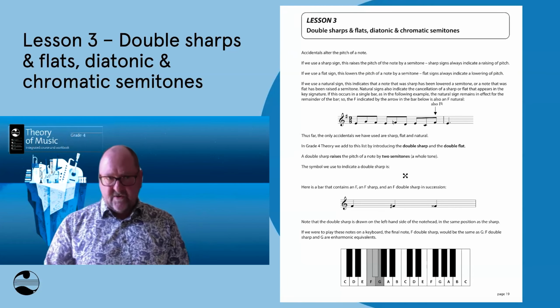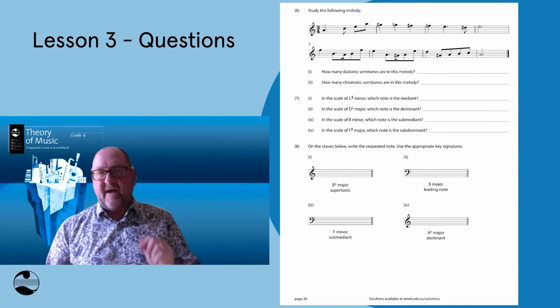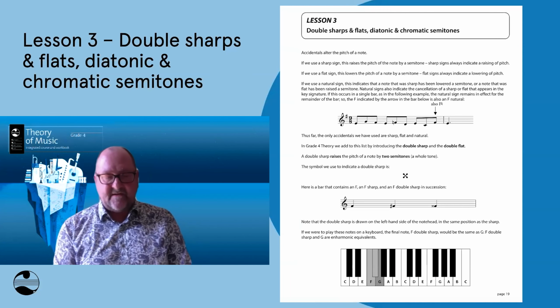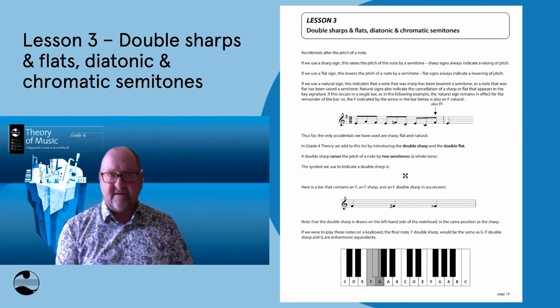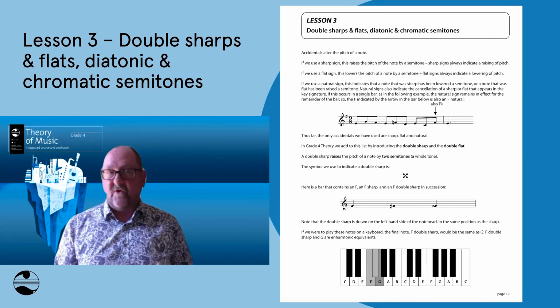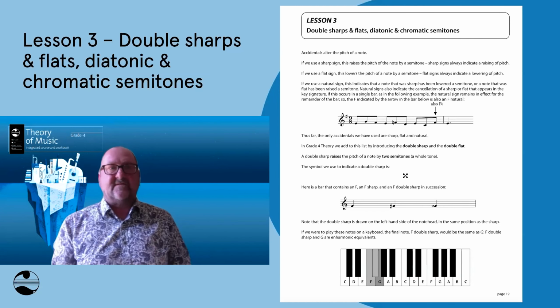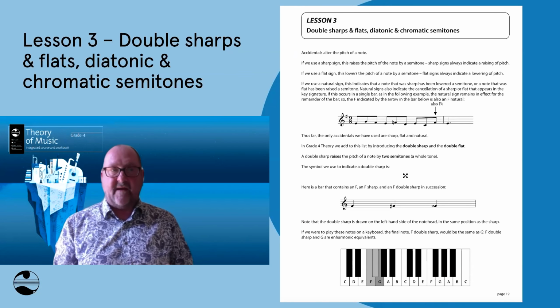Now, moving along to diatonic and chromatic semitones. Oh, sorry, Leah, we've got to go back. I haven't quite finished with lesson 3, thank you. Diatonic and chromatic semitones, I think, is actually quite an easy concept to understand. Diatonic semitones only exist in the scales and keys that we've learned so far, up to this point. So you'll see them in the scales that you've learned. Chromatic semitones exist only in chromatic scales.